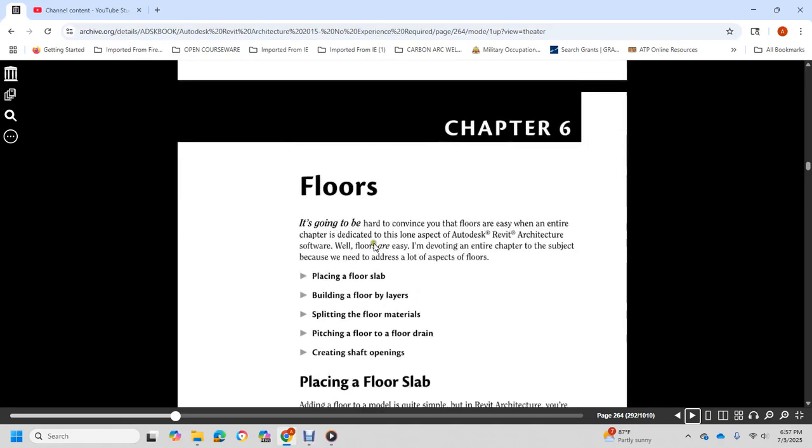Alright, floors. It's going to be hard to convince you that floors are even an entire chapter, dedicated how-to for the Autodesk Revit architectural software. Well, floors are easy. Devoting an entire chapter to them is because we need to address a lot of aspects of the floor,